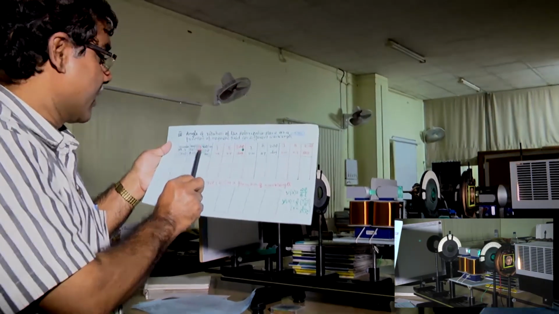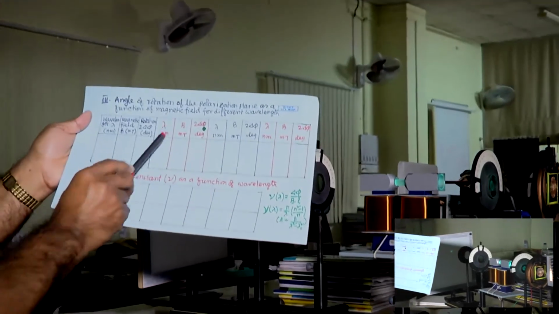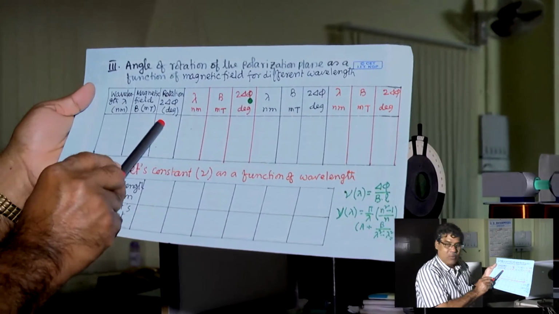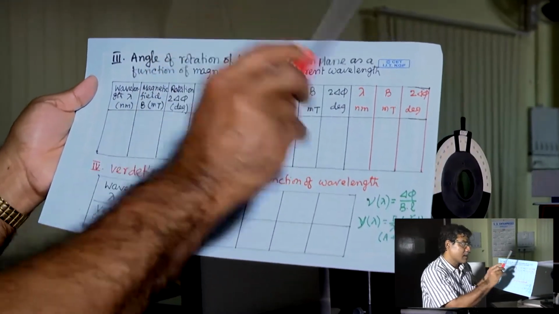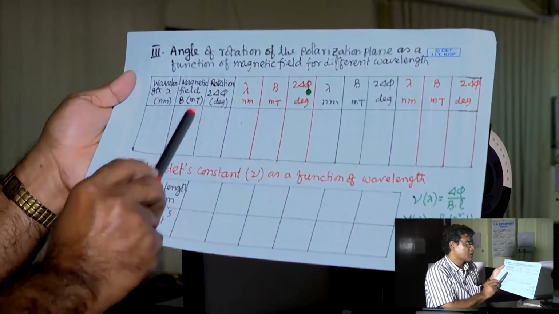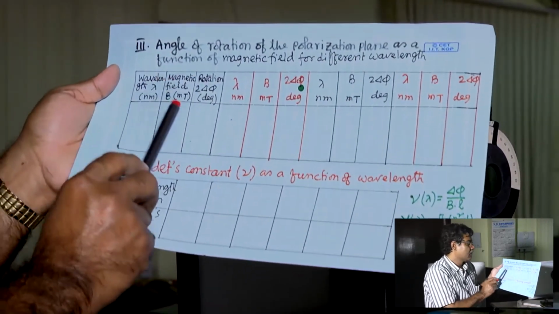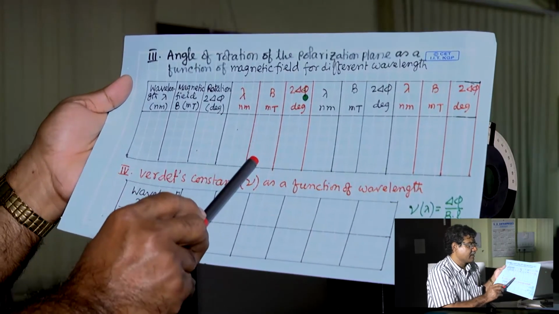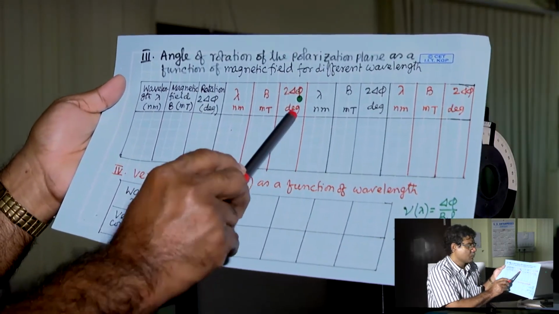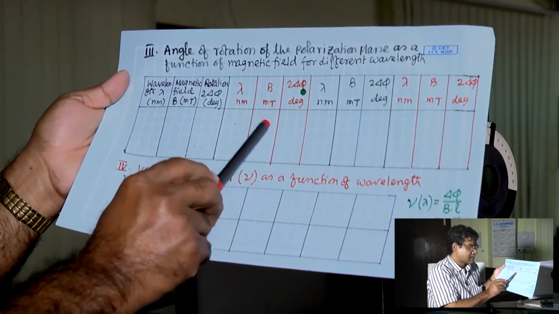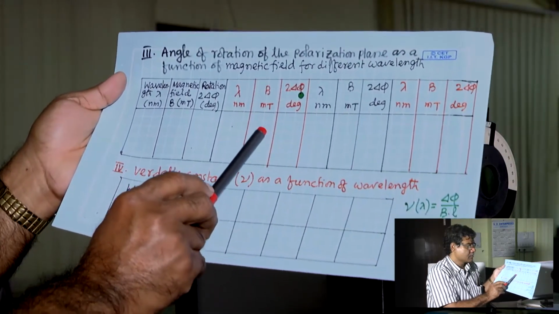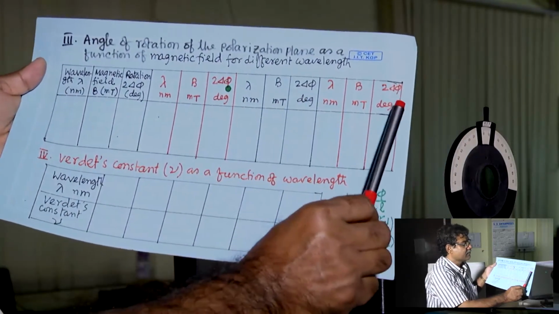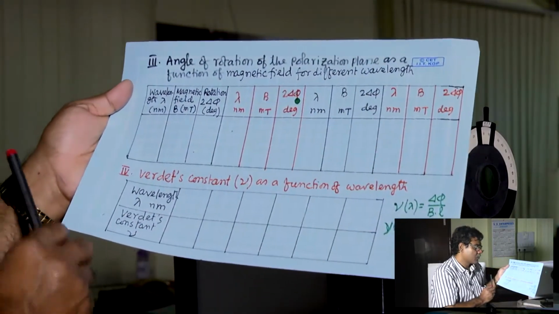Yes, so that is for a particular wavelength. Now for the second wavelength, you have to do the same for a different magnetic field. So far I have shown you only one magnetic field, for one lambda. For the second wavelength, you have to do it for a different magnetic field, but that is the mean magnetic field. How to find out the mean magnetic field, I have described. This way you will find out the angle of rotation.